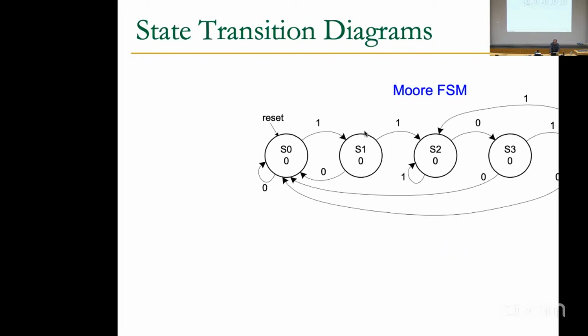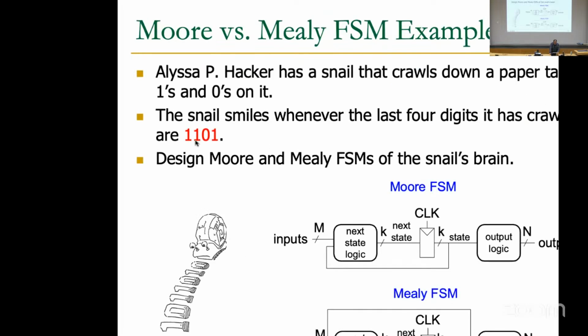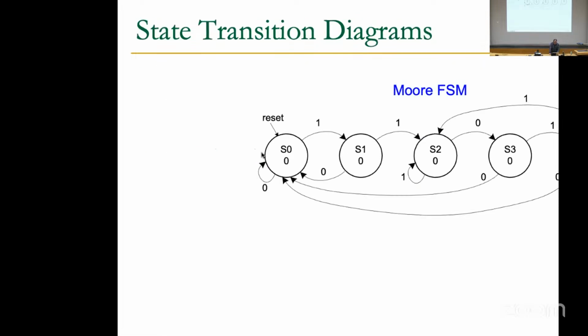In a Moore FSM, you want to check for the pattern 1101. You start with the initial state, which is 0. Then if I see 1, I go to the next state. If I see 1 again, I go to another state, then 0 to another, and then 1 to another. Meaning that if you see 1, 1, 0, and 1, you get to the state where you know that you already saw the pattern you were looking for. Then you can encode this state's output as 1.